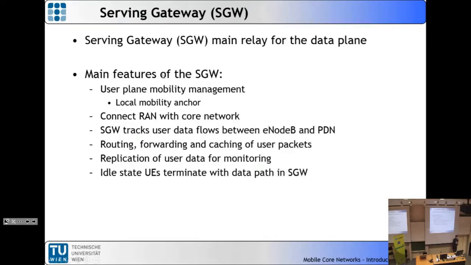The serving gateway now will take care of the user plane mobility in terms of it's told by the MME where to connect to, and then it will establish and keep this connection on the data LAN. It will connect the radio access network with the core network, so this is basically the last feature that is left for it. It will do any kind of forwarding and caching of user data, because the node B, again,